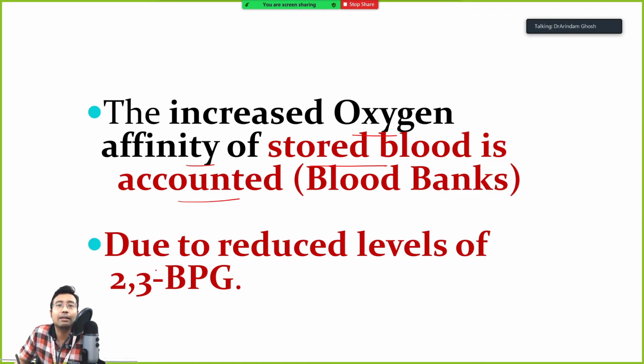How does the blood in the blood bank have high oxygen affinity? It is because of reduced 2,3-BPG level. The glucose concentration in the blood is low. Okay. Not only that, I told you during blood